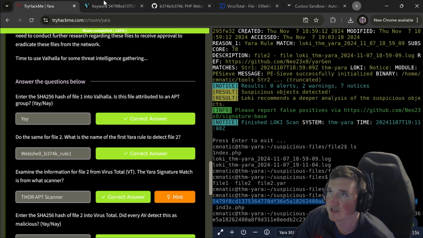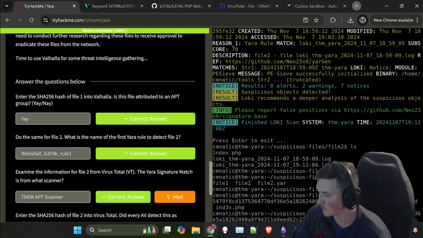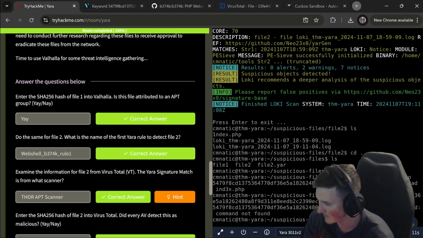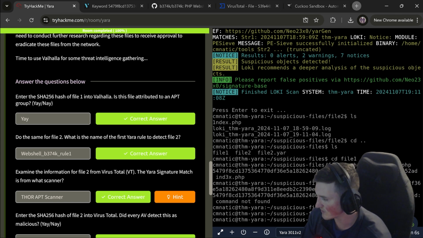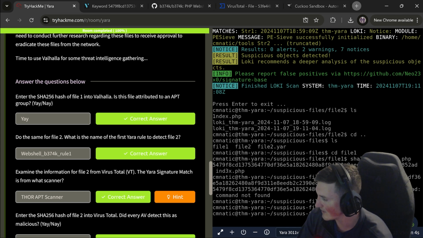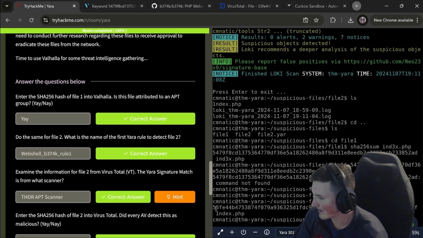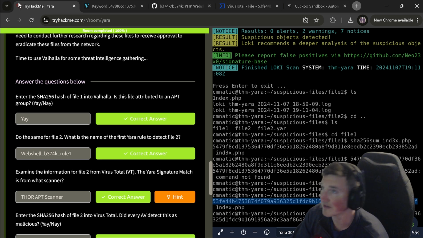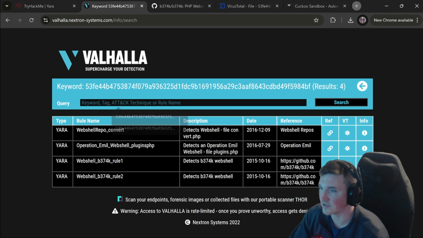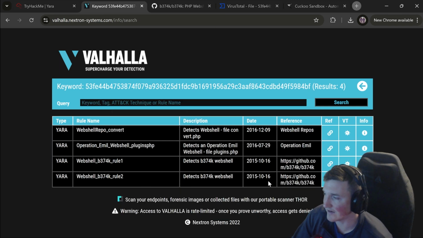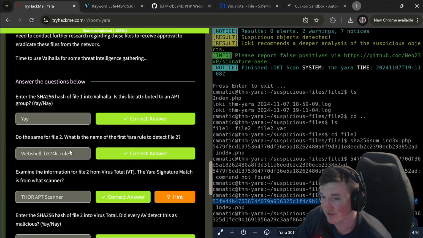Now this one, you just got to do the same thing we just did, but with file 2. So we go back and say cd file 2, and we do the SHA-256, but this time it's the file in file 2. Now we've got that file, and you can see the hash is different. So make sure you do it with the new hash. Hopefully I didn't just copy the same hash. Nope, I didn't. Okay. And here's the one they're looking for, the one with the earliest date. I apologize, I got those mixed up.